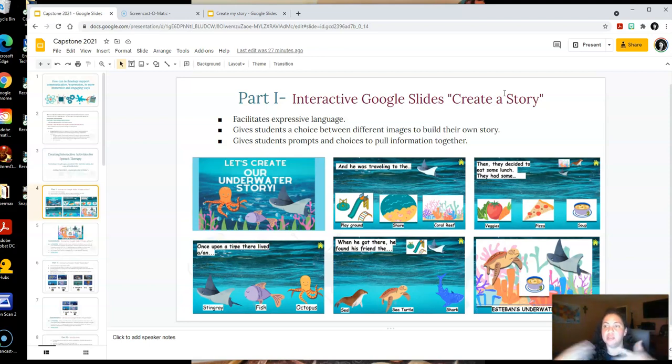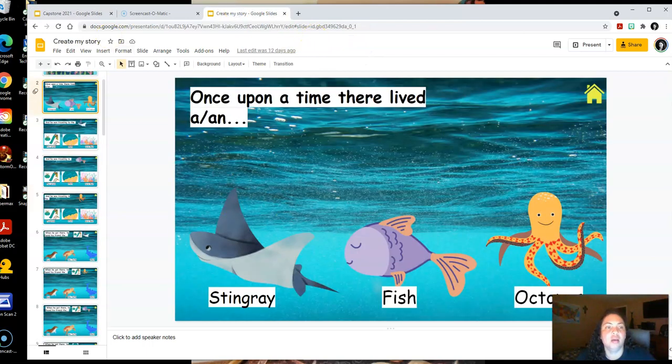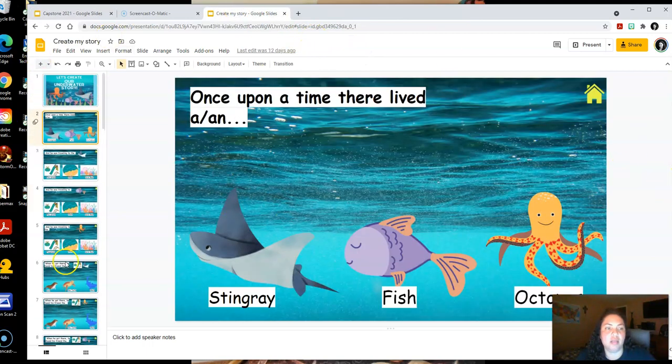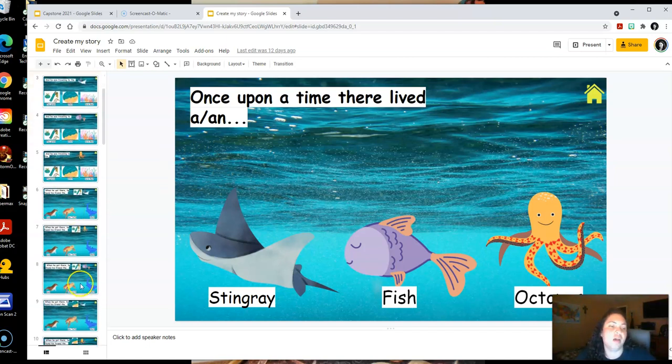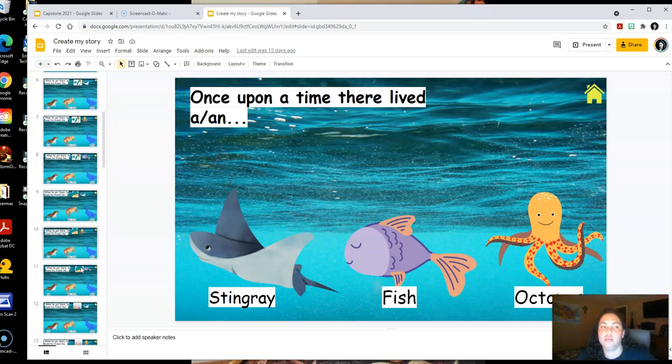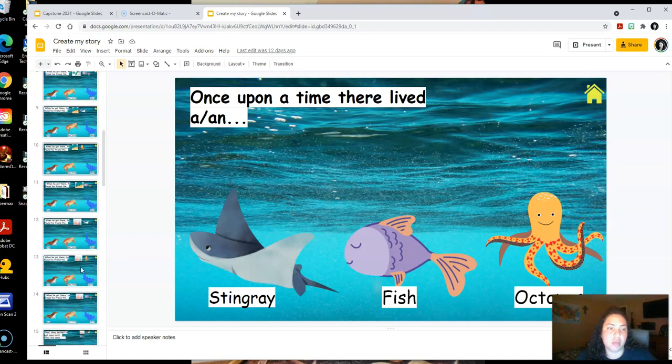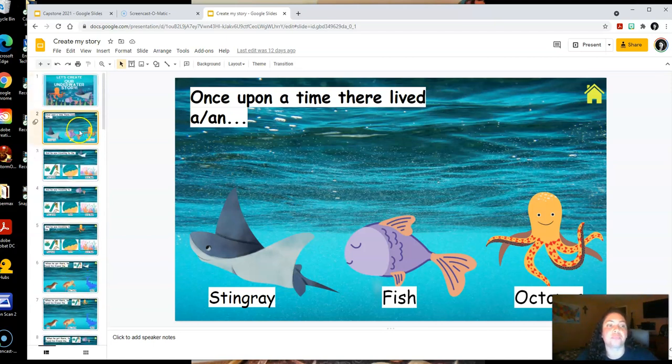So they can really present this Google Slides. And let me show you how it works real quick here. So this is how they would have it. And it's kind of a lot of work, but I think it's worth the time because once you have this set up, you can copy it and then change the imagery to another theme that you have for your class. And so then when you go ahead and present, you can include